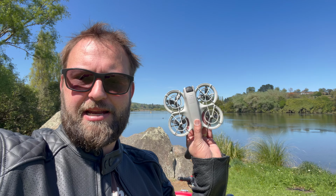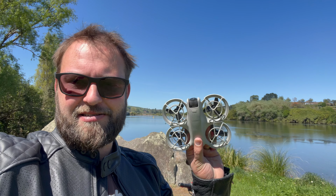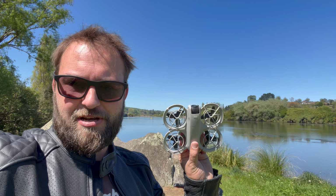Righto team, I just thought while I was here on a beautiful day, I'd do a quick review of a couple of new bits of kit in the toolbox. So first up, DJI Neo drone. Now I think this is a game changer for the channel in terms of what I'm going to be able